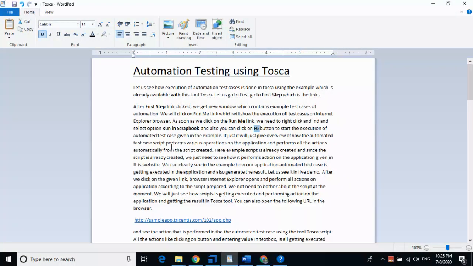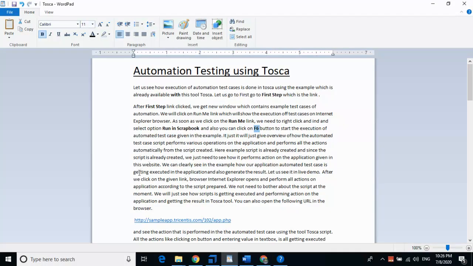Here the example script is already created, and since the script is already created, we just need to see how it performs action on the application given in this website. We can clearly see in this example how our automated test case is getting executed in the application and also generating the result. Let us see it in a live demo.